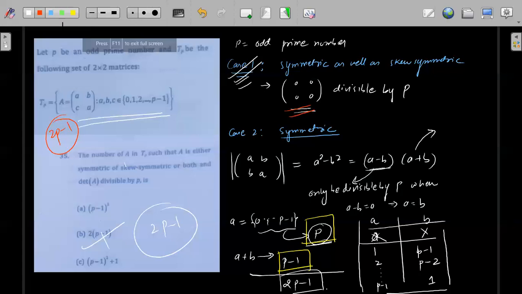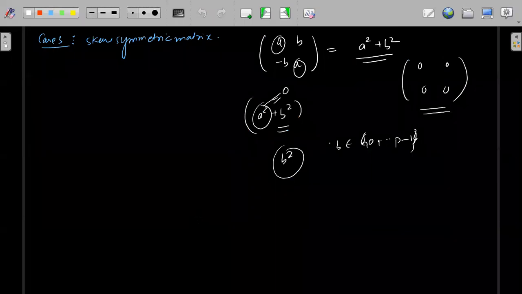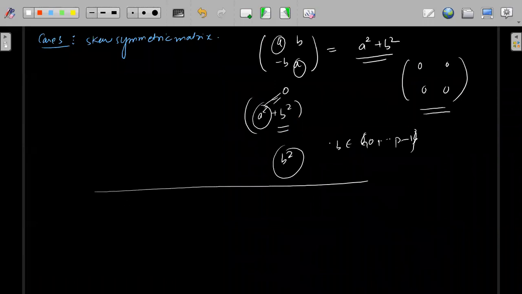One more thing that one of you asked: how to solve this question easily, like in a shortcut. Another method is that if in the exam you are not able to think in this way, you can take p as the smallest odd prime number, because they have given us p as an odd prime number. The smallest odd prime number is 3. So if you take p as 3, then a, b, and c will belong to only these elements 0, 1, 2. From here you can form all the matrices, and then from there you can find the answer.